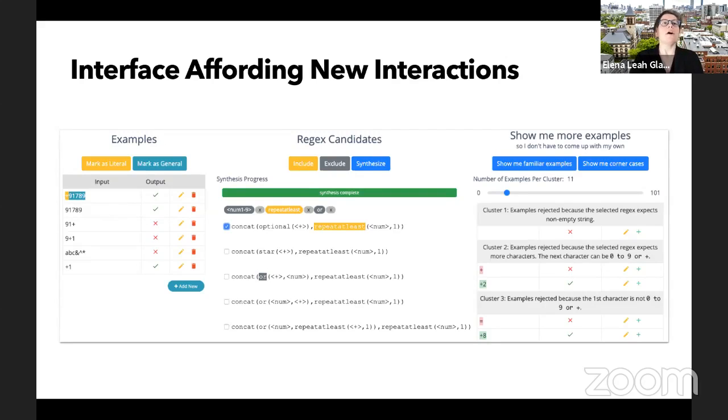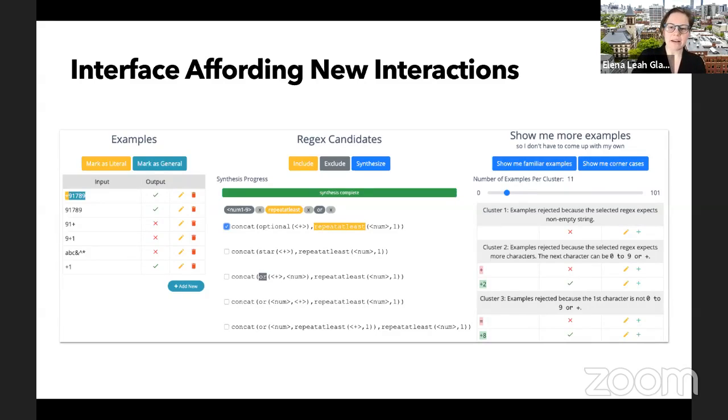Okay, so we implemented and demonstrated this. This is an interface in which I'm going to explain the affordances that address those obstacles. We're using an off-the-shelf regular expression synthesizer called Rego, which was developed, I believe, by Jinyu and his collaborators, which synthesizes regexes from examples using enumerative search on a program space defined by a domain-specific language for regular expressions. As you can see in the middle here,